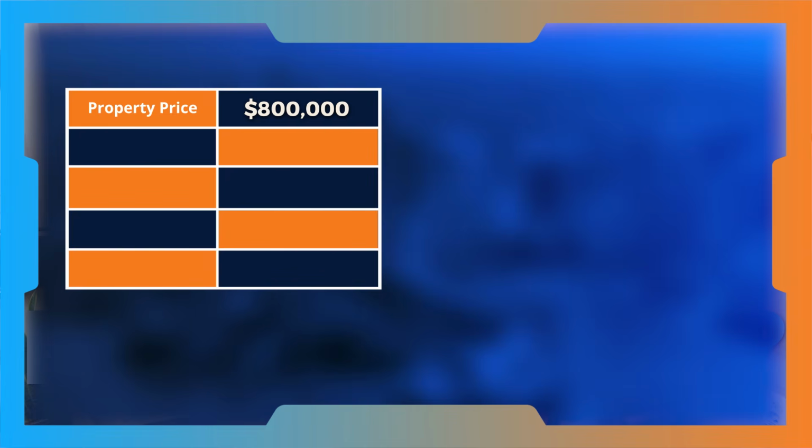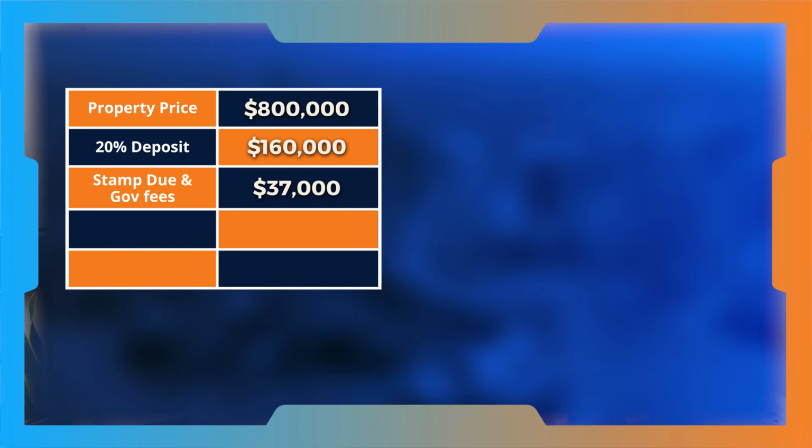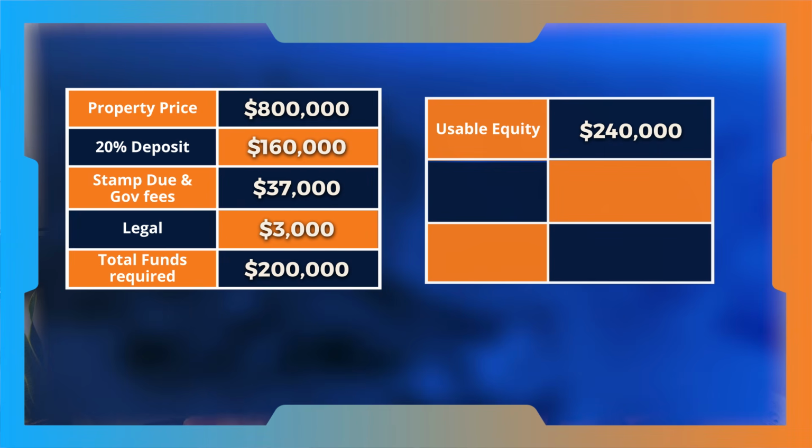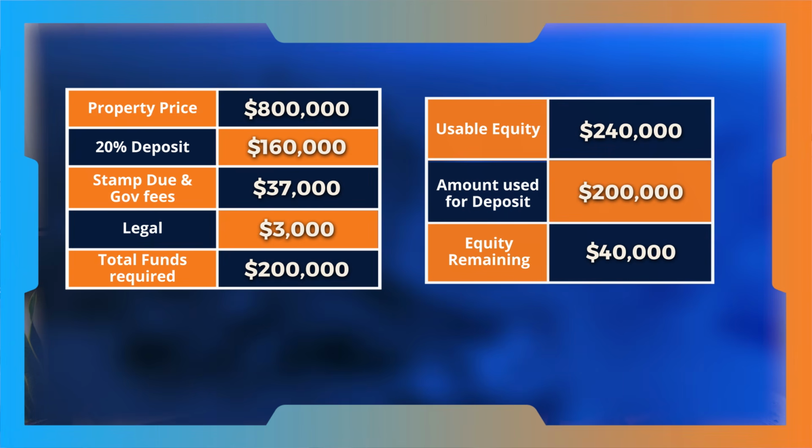Let's say we're looking to buy a similar property that's worth 800,000 as an investment. You will generally need 20% deposit to avoid lender's mortgage insurance. On top of that, you need to cover stamp duty, government charges, and legal costs. All in all, we're looking at about 200,000. So with 240,000 in usable equity, we could extract 200,000 for the investment property purchase, leaving 40,000 of equity still